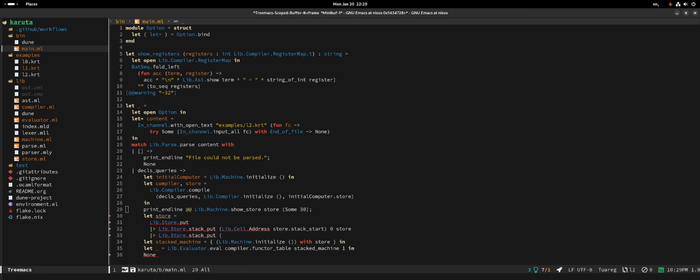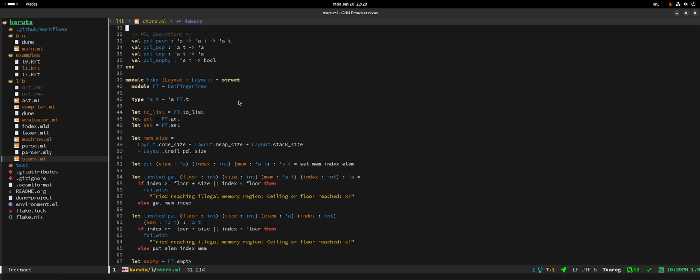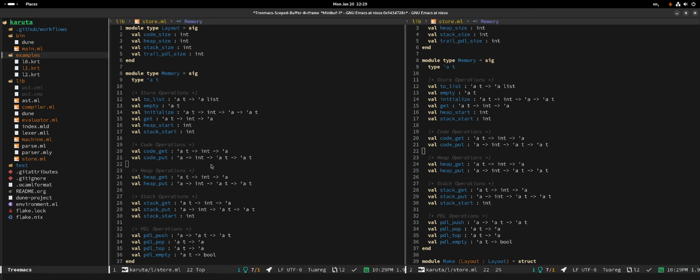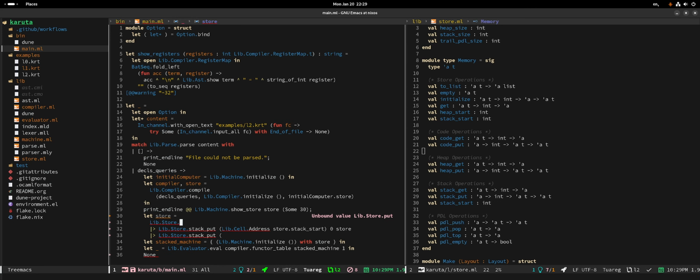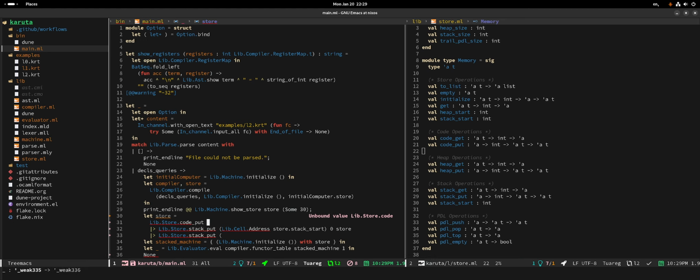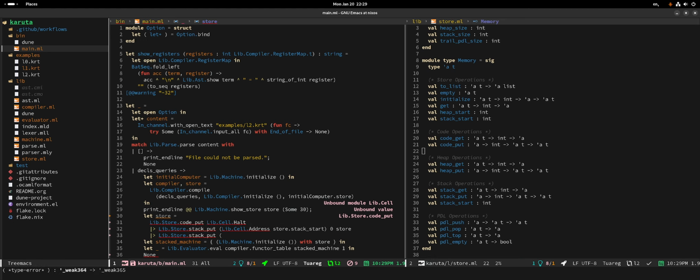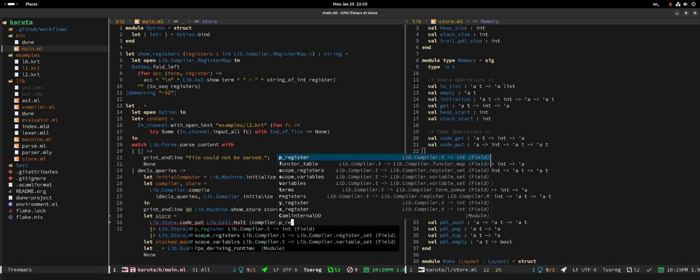Okay. So we want to go and do a put. Do we have access to generic put in here? I don't think we do. But that's a code put because we're gonna put an instruction there, right? Yeah, it is. Okay, so that's actually okay. I'm starting to understand. So we're gonna do a code put in there, in which we're gonna put the instructions. So it's lib cell, and we're gonna introduce halt in there, and we're gonna do this given the compiler p register plus one,